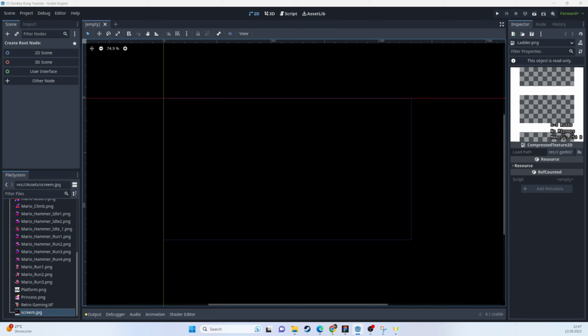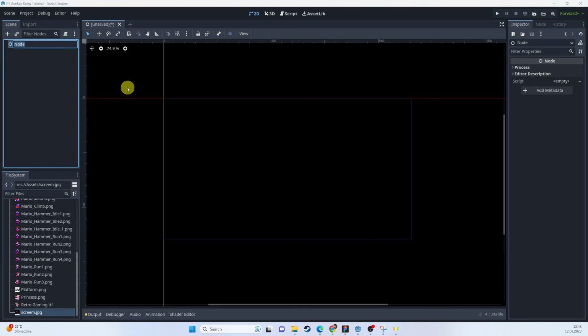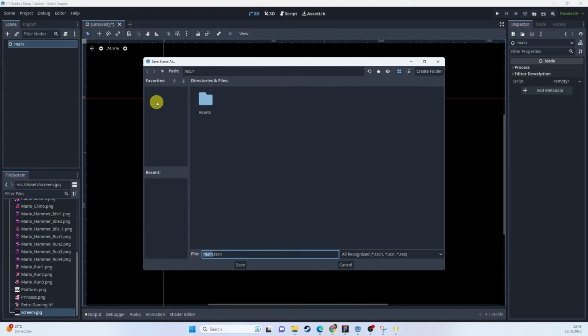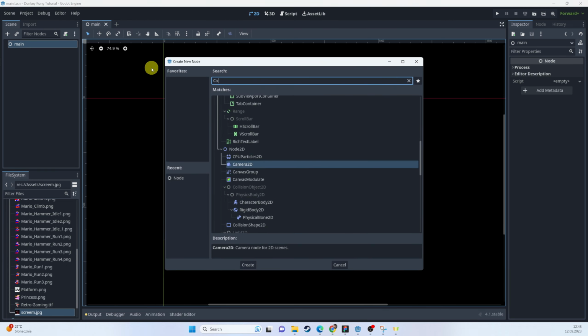I will also add a camera. Well, actually, let's start by creating a main node. So let's start with empty node. I typically call this main. Let's save it, create new folder. I'm gonna call one scripts for scripts, and then second scenes for scenes, and let's save main in scene. Perfect. And let's add a camera,